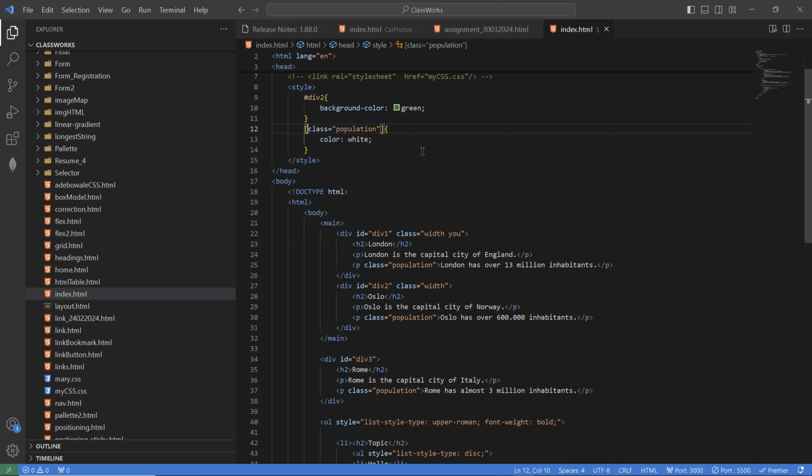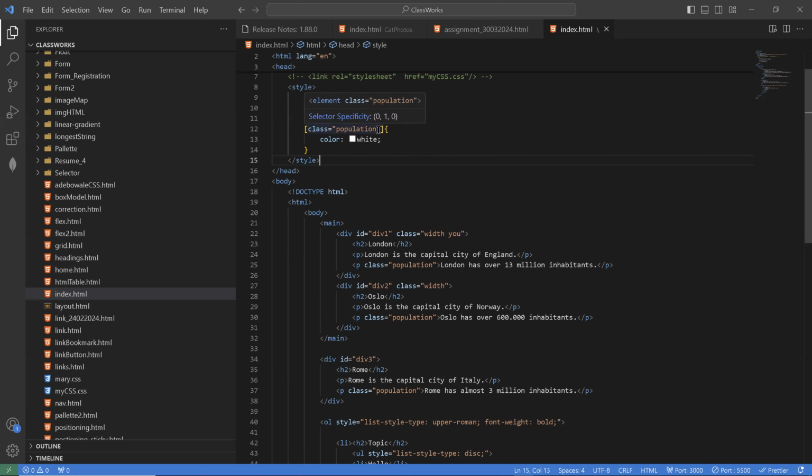So we are using the bracket. Only this. Population. Population equal